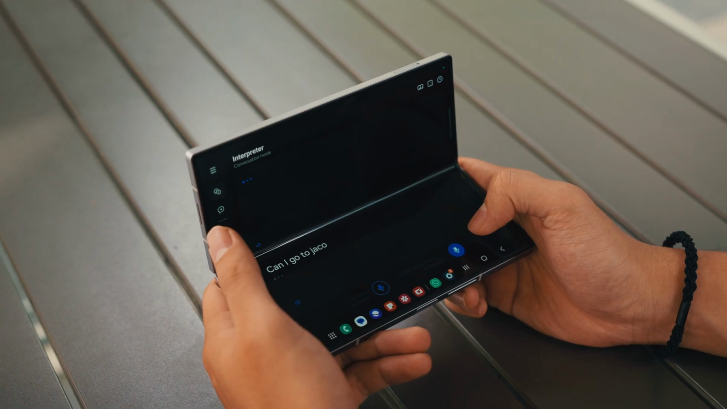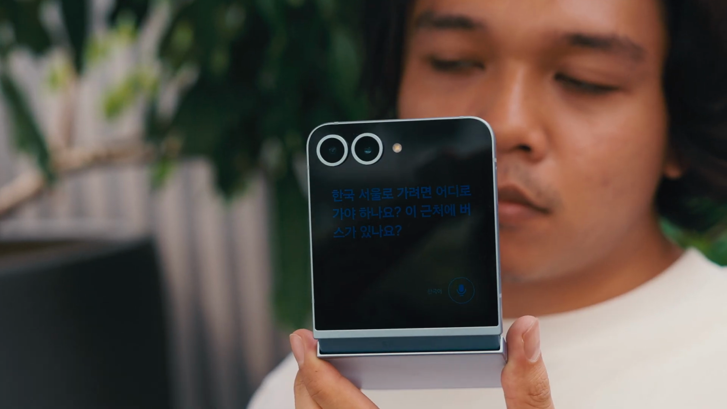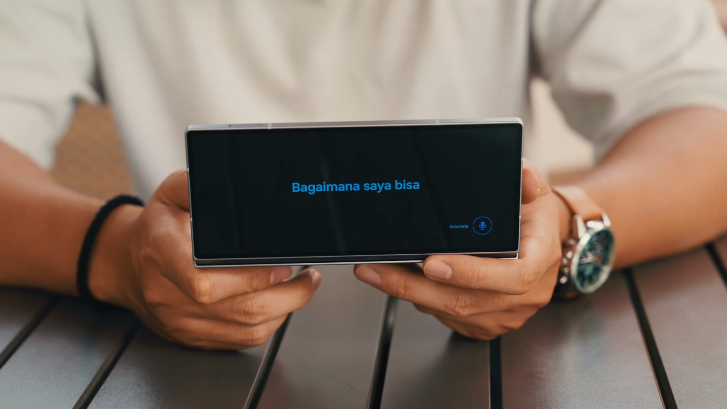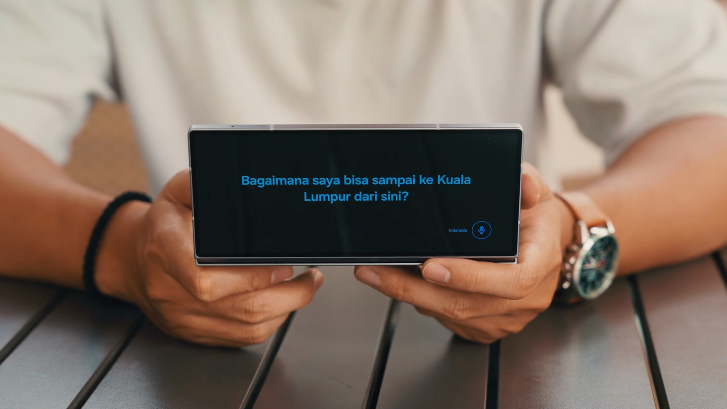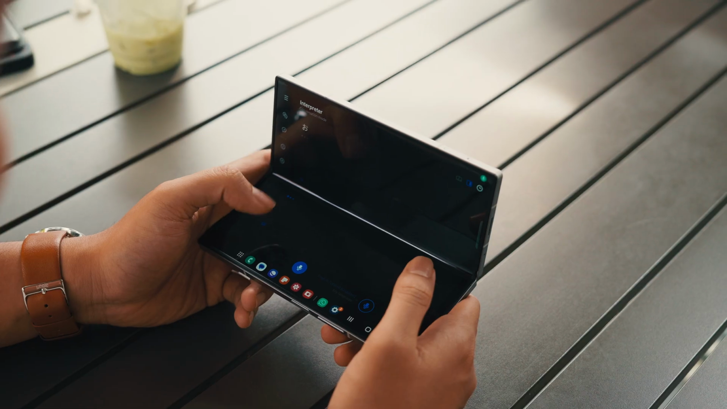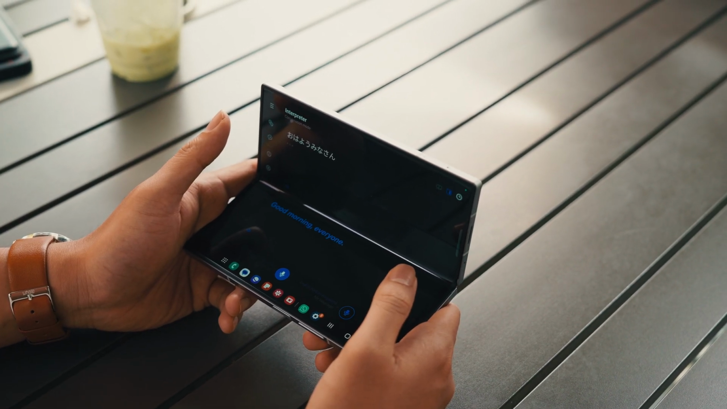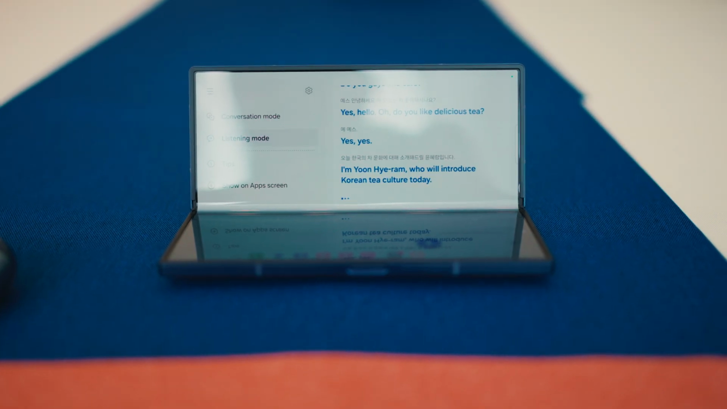Now, the feature works exactly the same as how it would on the Flip 6. The translation will appear on the cover screen for the person that you're talking to read. Now, we understand that a lot of business people would be the ones to get this phone, so this feature makes a lot of sense, especially if you're having a meeting with a foreign client. You can use the Galaxy Fold 6 to do all the translations for you, and you don't have to go out there and hire a translator for you. Oh, and by the way, all the Galaxy AI features we've been showing you, they also work on the cover